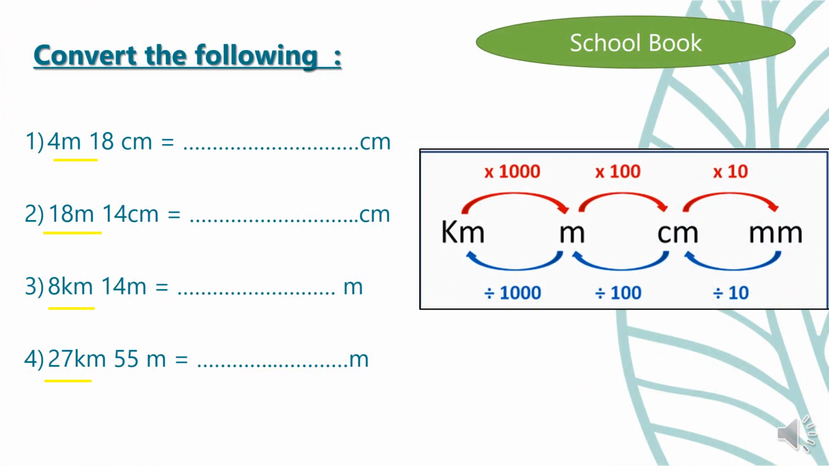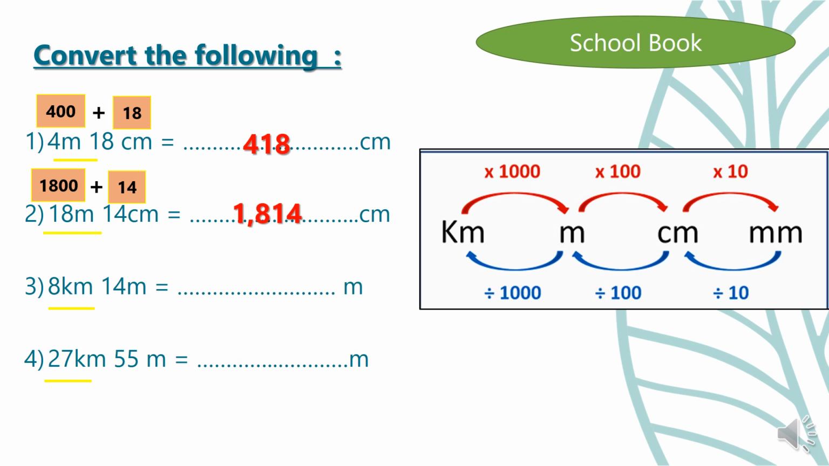Convert the following. Now let's convert. As we know, we can't add 4 meters and 18 centimeters. They are different units. So underline the biggest unit or circle the biggest unit and convert. So 4 meters equals 400, and don't forget plus 18, so the answer will be 418. Next one, the biggest unit is meter, so underline meter and put 2 zeros, so it will be 1800 plus 14